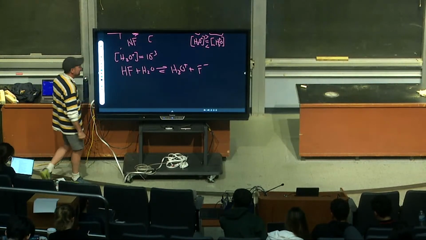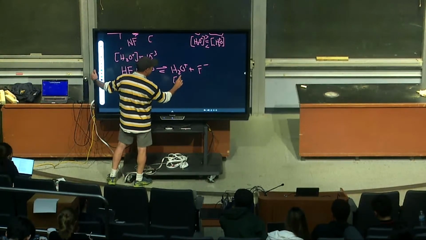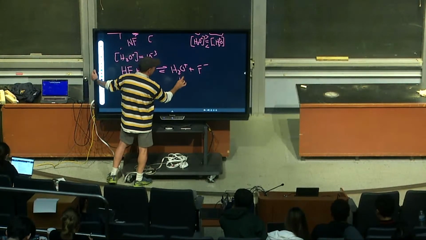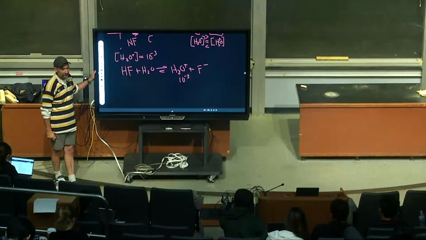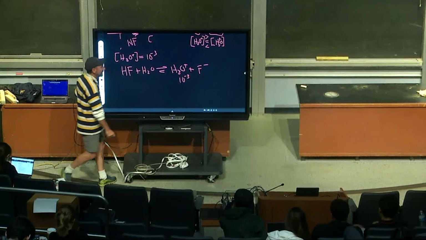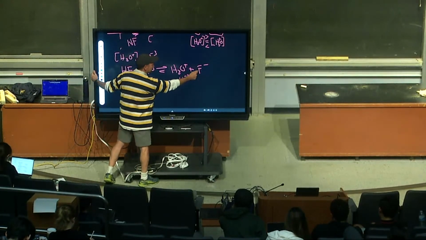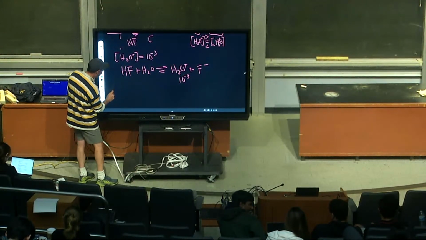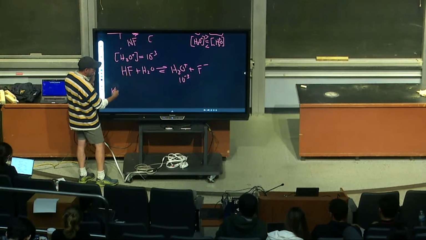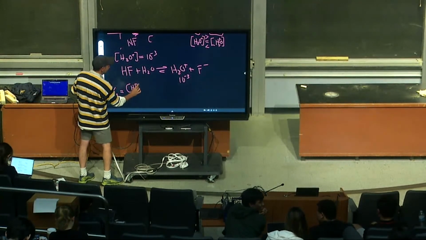I could say, well, I need this one to be 10 to the minus 3. Okay? But I know the K for this, I would have to give you that, of course. Ka is